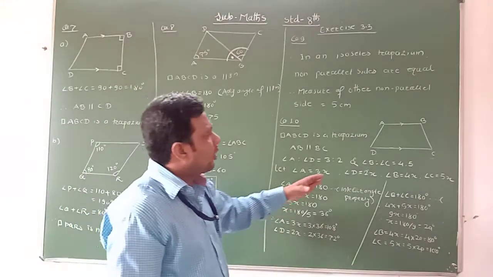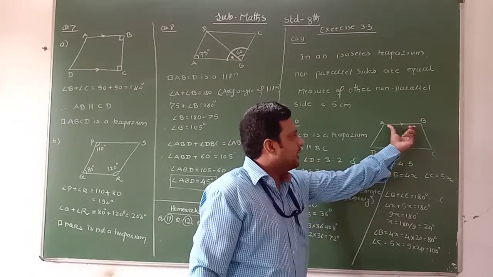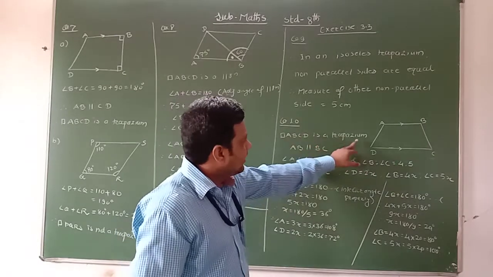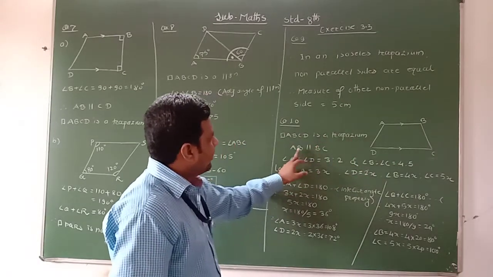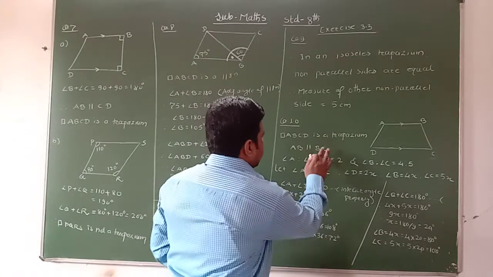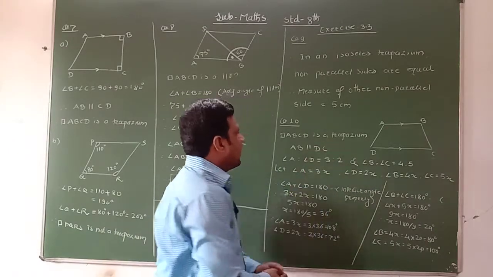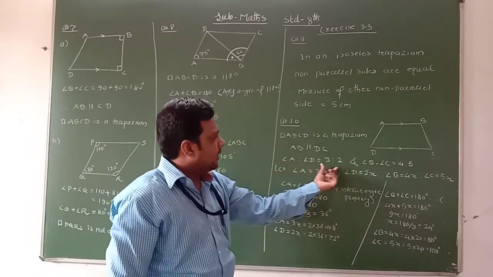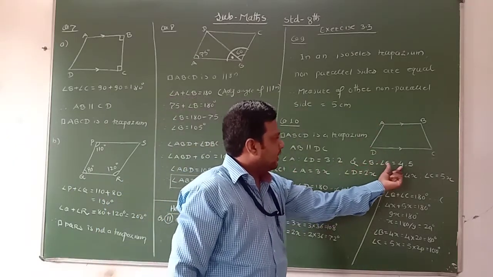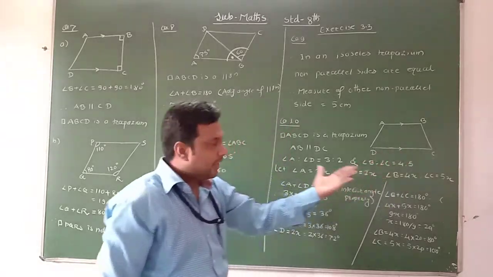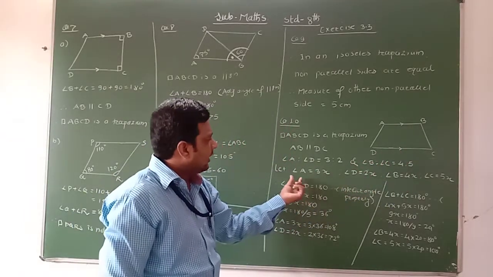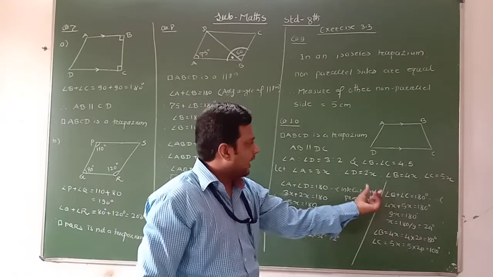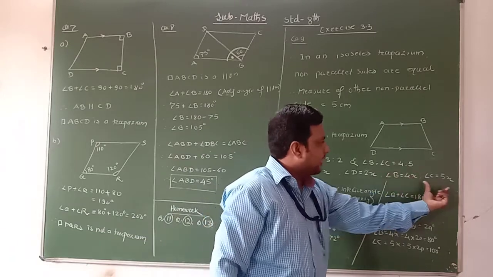According to the question, here I draw one trapezium ABCD in which AB is parallel to DC. Quadrilateral ABCD is a trapezium. AB is parallel to DC, not BC. And angles are given in the ratio: A is to D is 3:2 and angle B is to C is 4:5. Since it is given in ratio, here we take the multiple x. Therefore angle A we consider 3x, angle D is 2x, angle B is 4x and angle C is 5x.